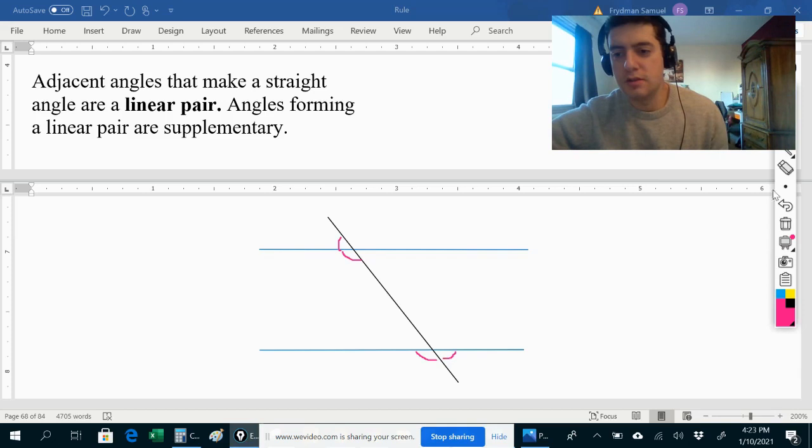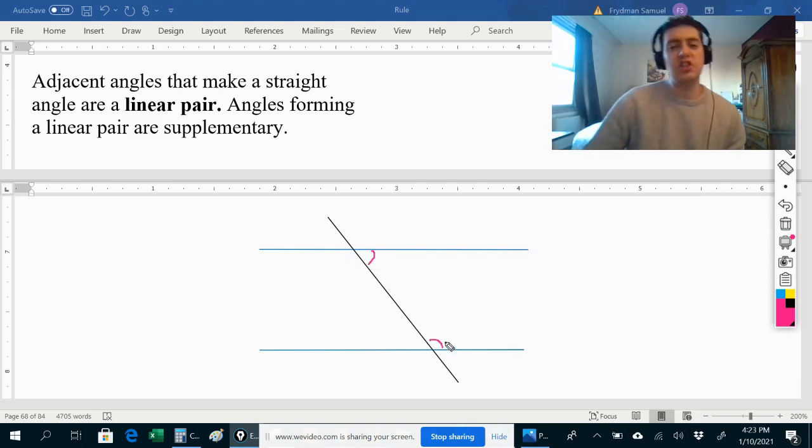What about this angle and this angle? They kind of look like they're next to each other, right? Would those be adjacent angles? Actually, no, because the definition that I gave you, adjacent just means that they're next to each other. That's kind of vague. Really, if I wanted to be more technical, adjacent angles need to have a common side